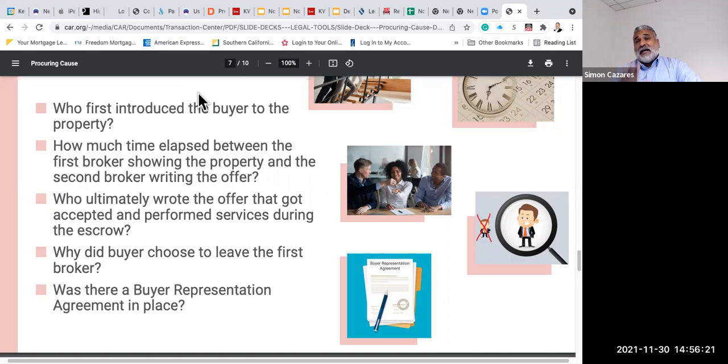Now, the good thing about the seller who transitioned into a buyer, he asked, and he says, look, Simon, I just want to make sure, do we have something in writing that says that we're committed to you? Because if that's the case, then we're committed. But if there's no case, then I think I want to go in a different direction. So they were very transparent, and who's gonna say no to that? But it was my mistake, and I should have had a buyer representation agreement.